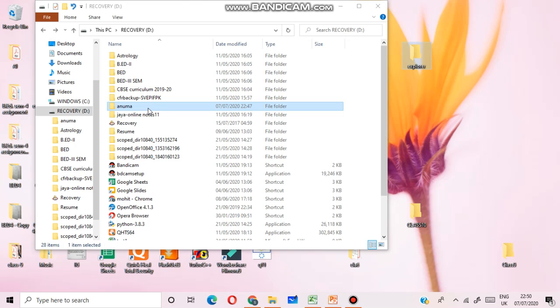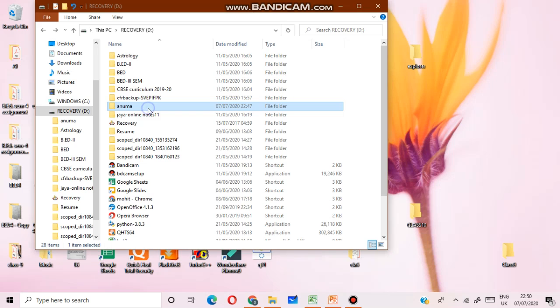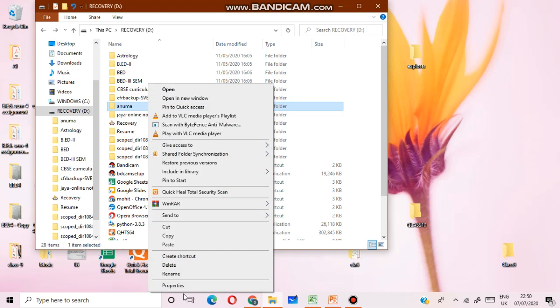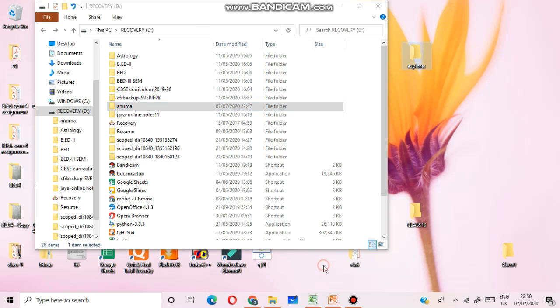There are different options for deleting a folder. Either you will use the right click option for deleting that particular folder, or you can directly press the delete key.